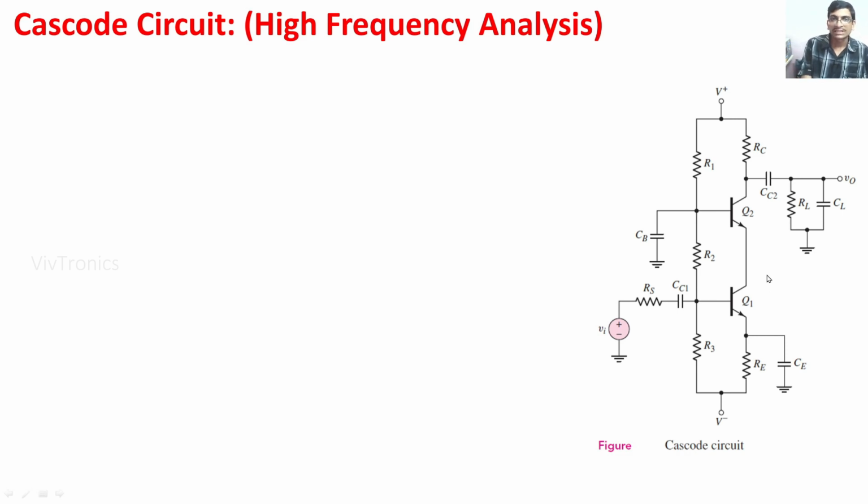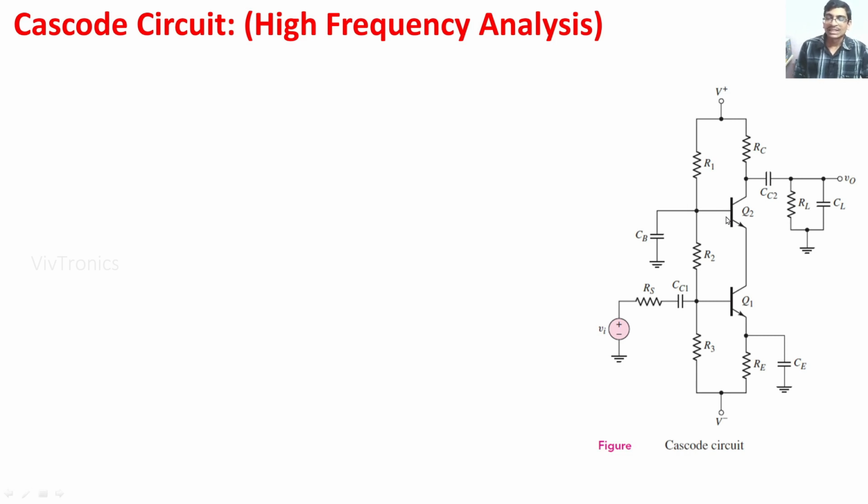We have discussed the CE amplifier analysis at high frequencies and the CB amplifier analysis at high frequencies in the last video. In this video, both configurations, CB and CE, are combined, which forms the cascade amplifier. We can say that the cascade amplifier is a multi-stage amplifier. Stage 1 is designed using the CE amplifier section, and the CB amplifier is stage 2.